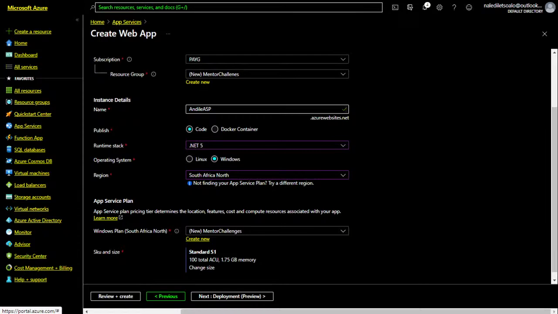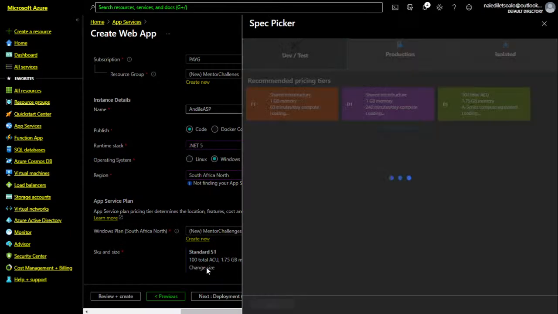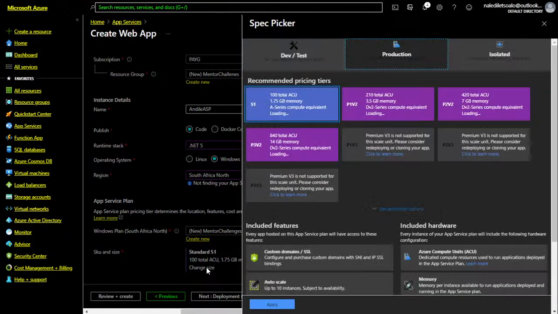This is not a free service. This actually carries a charge. So you would need to go to change size. Now, this is important because you're basically speccing out the kind of computer that is going to host your Azure website. All right. Now, there's different kinds of services.